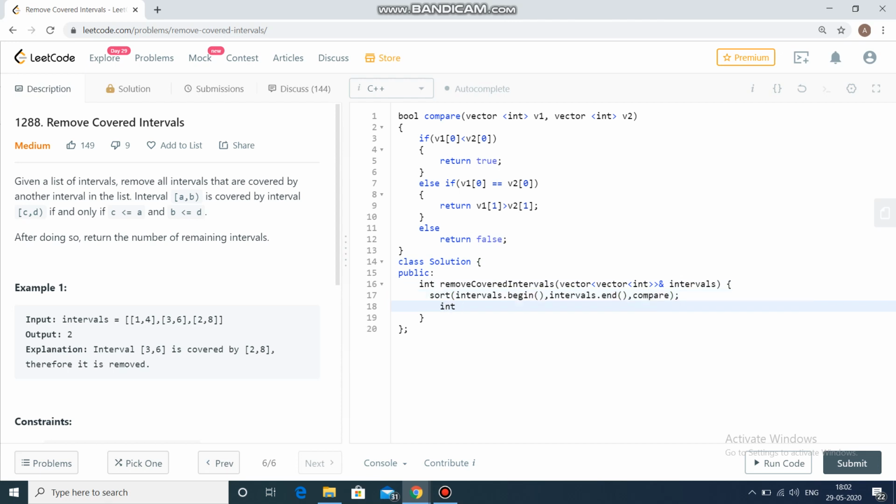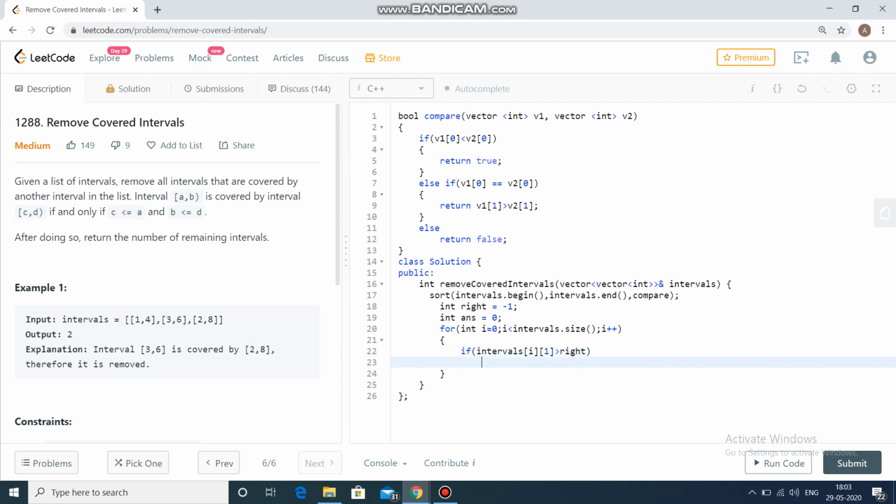Now our vector is sorted as per our requirement. There is some indentation error, I think. Okay, forget it. Now I will define a variable integer right, which is the current rightmost point that we have observed, and integer answer, which is the final answer which we will return. Now we go through the vector of vectors intervals, and if the rightmost point of the current interval is greater than right, then we increment our answer.